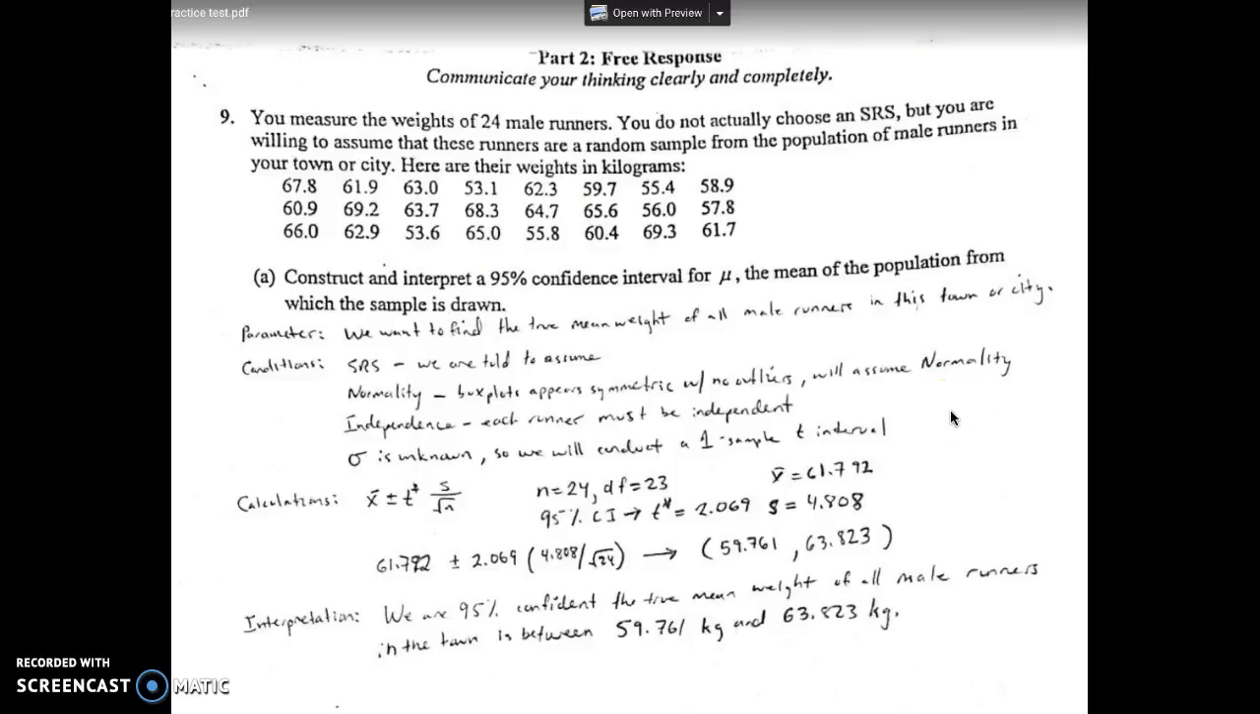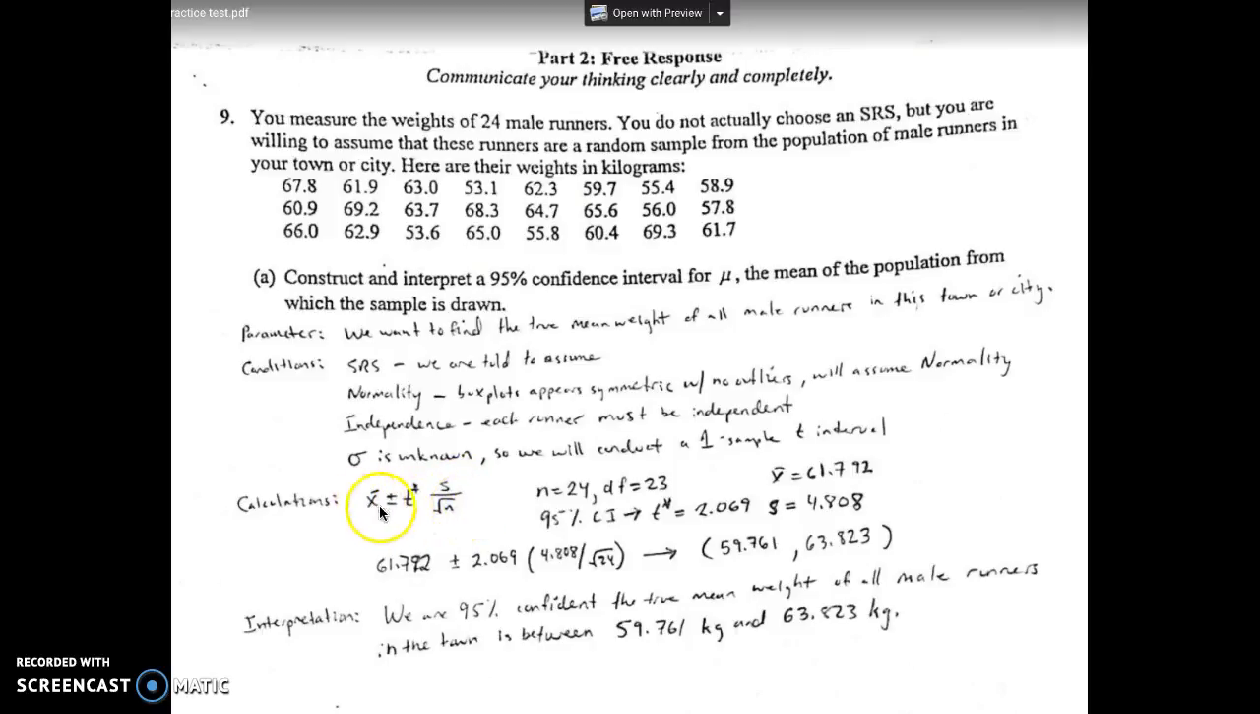The third condition, independence: you just need to make sure that all the male runners that you select are independent. They must be independent. Then we're going to say what kind of test we take. In step 3, because we don't know the standard deviation of the population, we're going to do a one sample t interval. We have sample data, so we have a sample standard deviation, S, and we have a sample mean, x bar. So our formula is x bar plus or minus t star times S over the square root of